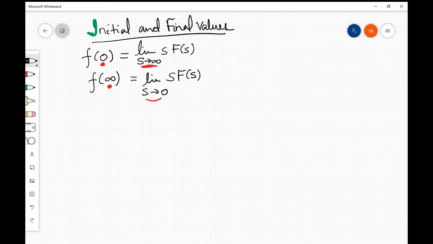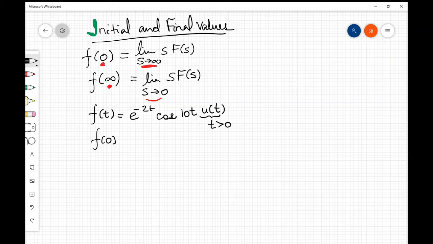Let's see an example. Suppose we have a function f of t equal to e raised to minus 2t cos 10t u of t. This u of t limits our function to t greater than 0, so we can take it out with the understanding that t is always greater than 0. If we are asked to find the initial value f at 0,